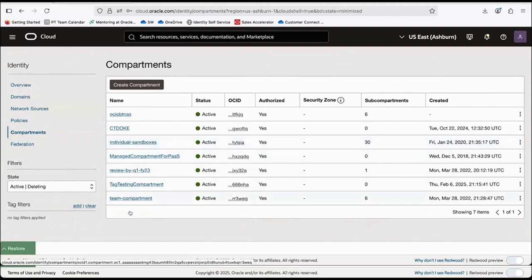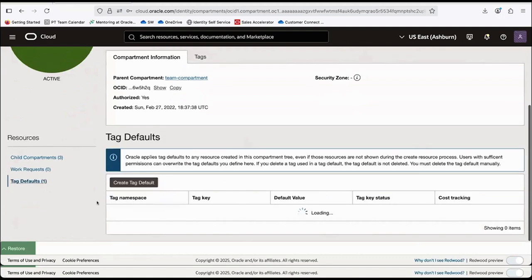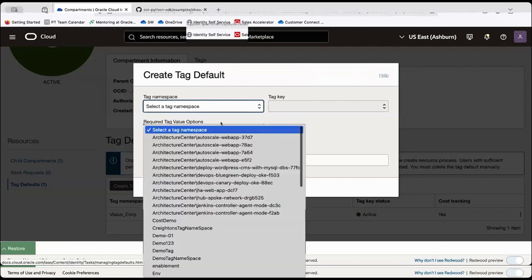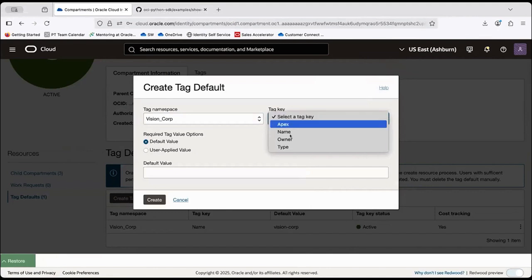If I go to one of my compartments right here, and then go to one of your child compartments, you'll see this area called tag default. It would enforce this tag on any resources created in this compartment, and you can see what these resources will be tagged with right here. So you can manage that. You can edit this, you can delete this if needed, you can add another tag default. If you want these resources in this compartment to be tagged with this tag value right here,